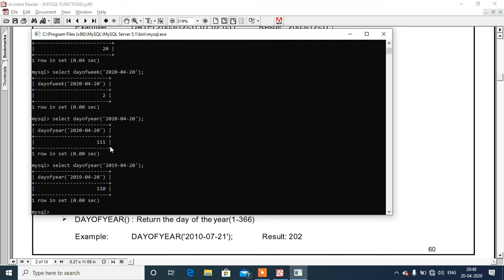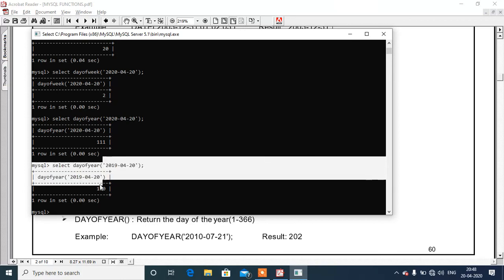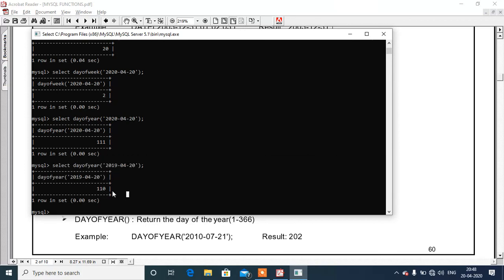We have the same day value and the same month value, but the year is changed, and we get 111 here and 110 here. Why so? Because 2020 is a leap year, so we have 29 days in February, and that is why we get 111, and 2019 is not a leap year, so we get 110 as a result.